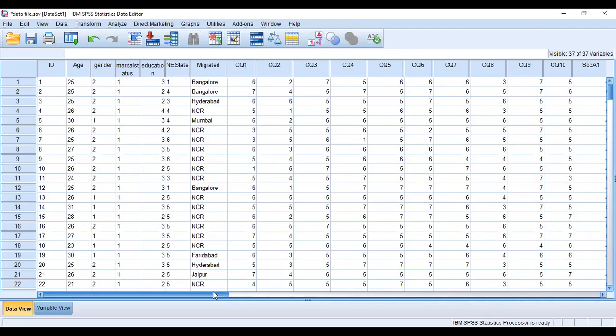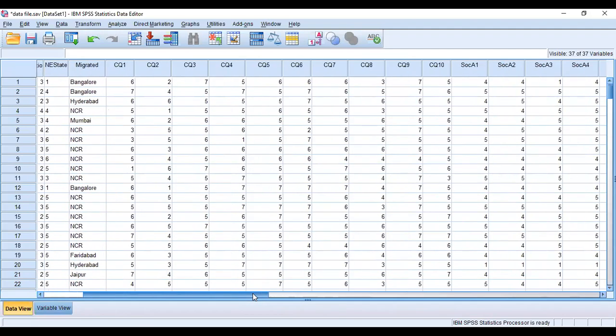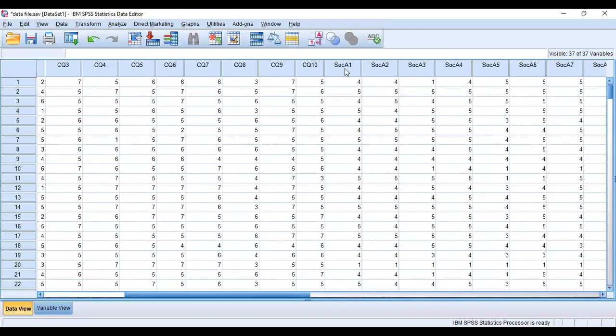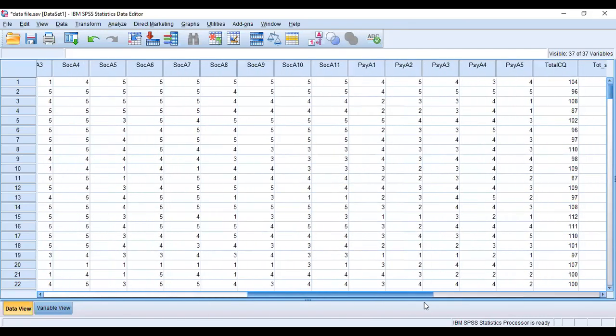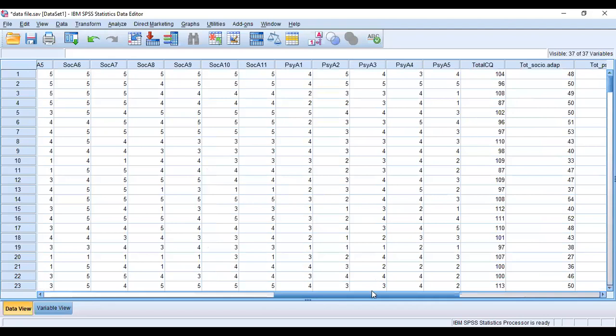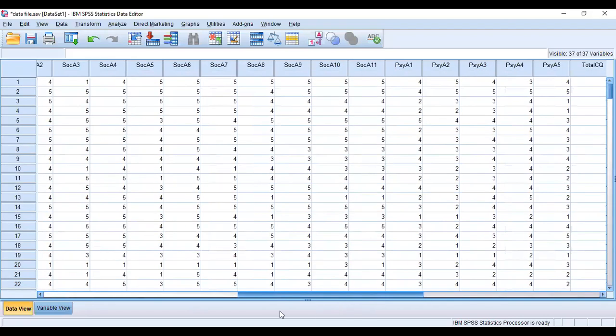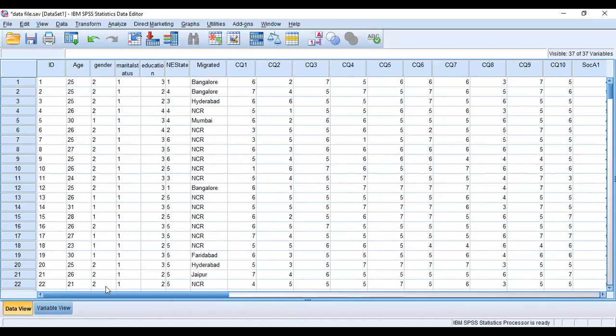Now let's move on to the socio-cultural scale. So these are her scores for the socio-cultural scale. This is my participant 1, right? Then these are her scores for the psychological scales. We will go back to the total a little later. So this is my participant 1, then participant 2, participant